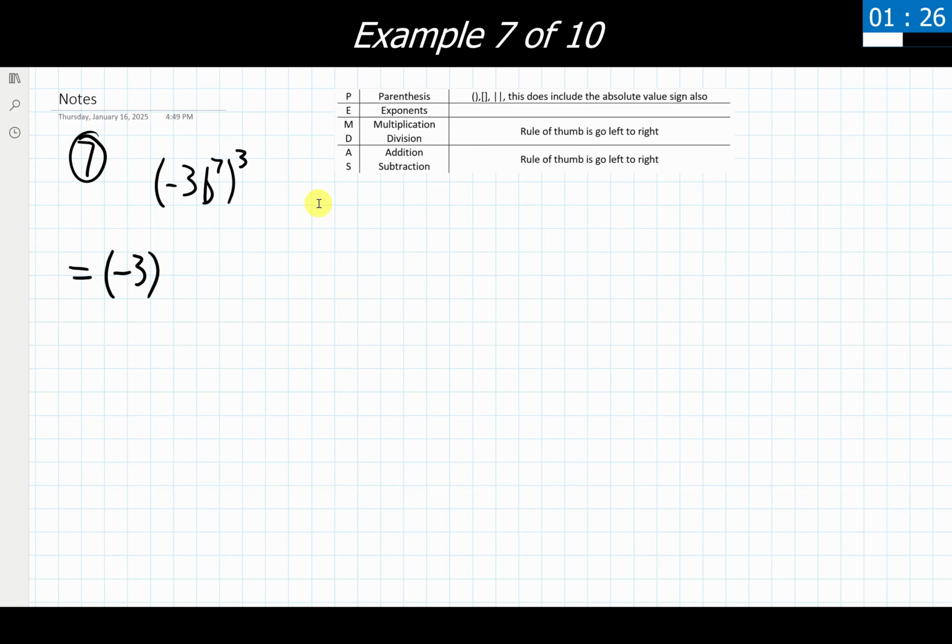-3 in parentheses raised to the 3rd power times b to the 7th raised to the 3rd power. So notice how I'm still having everything inside the parentheses raised to a 3rd power, the way it's written, but I can now look at just this coefficient to the 3rd power and then just this variable to the 3rd power and deal with them individually versus having to deal with it all at once. I think this generally tends to make solving and finding answers a little bit easier, especially if we break it down into nicer, smaller pieces.